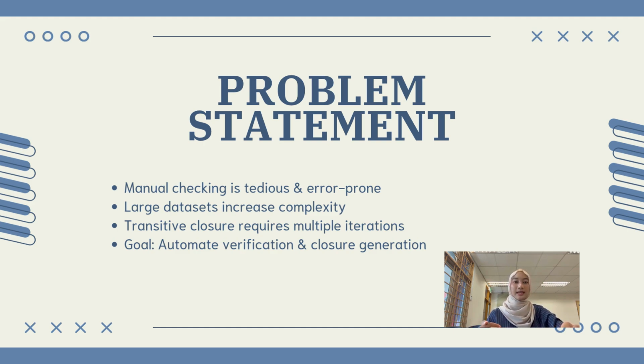So manually checking each ordered pair is not only tedious and repetitive, but it also opens the door to human error. Missing just one pair can lead to an incorrect conclusion about the entire relation. The challenge becomes even greater when we need to generate closures. For example, finding the transitive closure requires repeatedly checking for missing pairs and adding them, which becomes increasingly complex as the relation grows. So this process can take a long time, and it's very easy to get wrong when done by